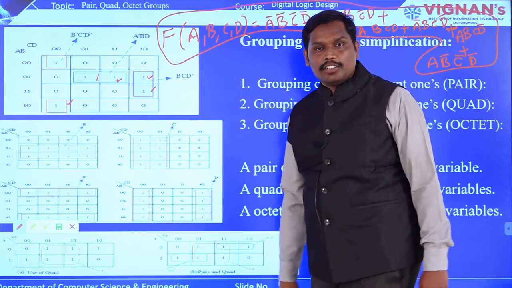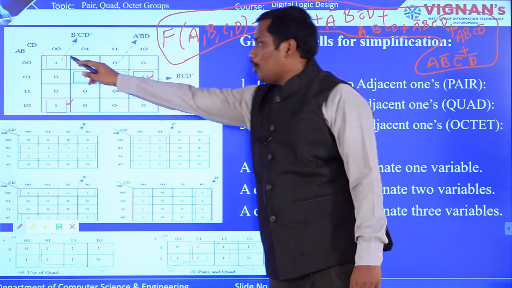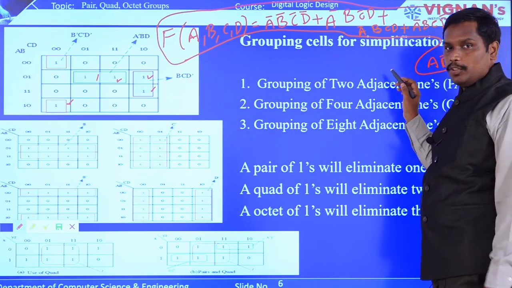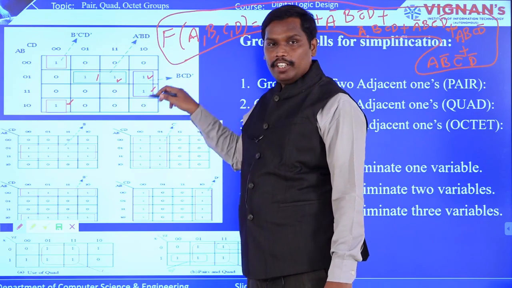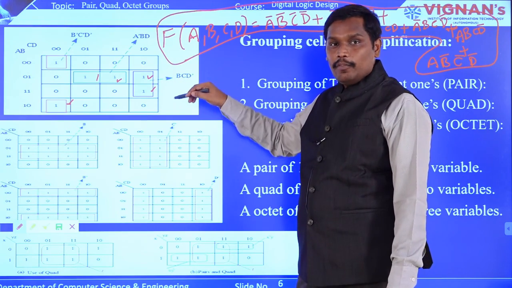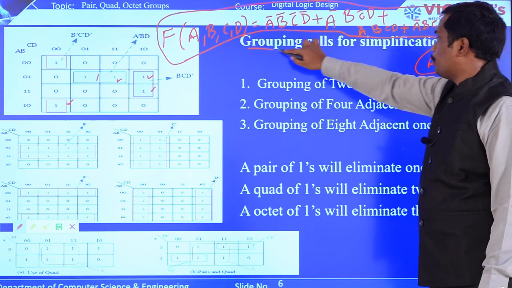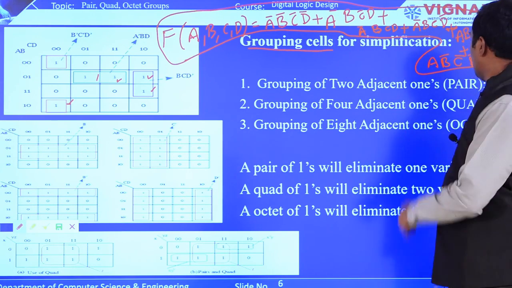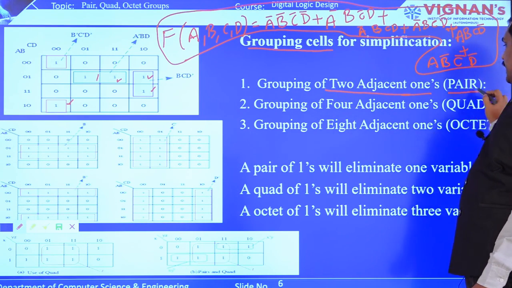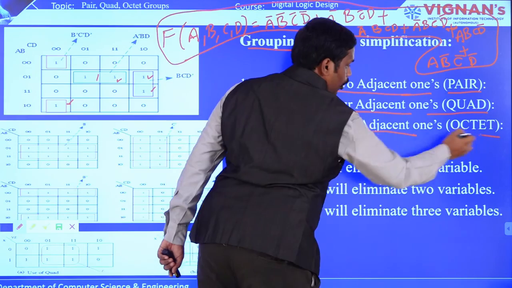This is the Boolean function, or the Boolean expression, that is given to you, so you have to solve this. In order to solve this, now he is going to write all the ones because it is in the form of SOP, that is sum of products, as you are aware. Those ones are placed in the Karnaugh map, and based on these positions of 1, we are going to construct some adjacent ones. That is what we call grouping cells for simplification of the Boolean function. There are 3 types: 2 adjacent ones we call a pair, 4 adjacent ones we call a quad, and 8 adjacent ones we call an octet.